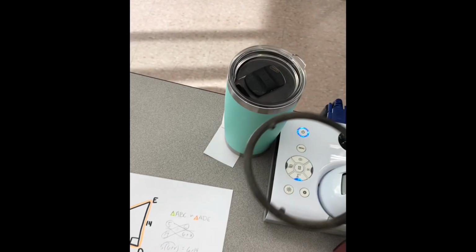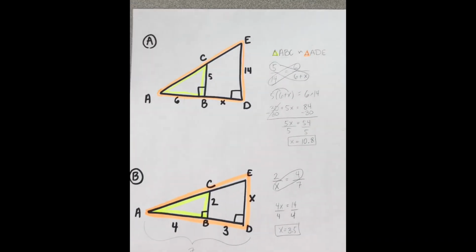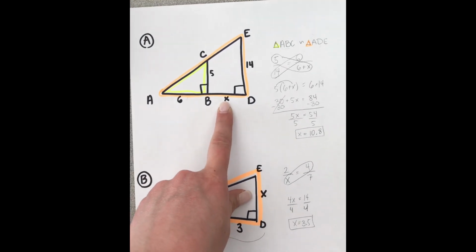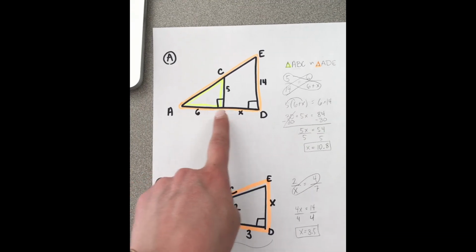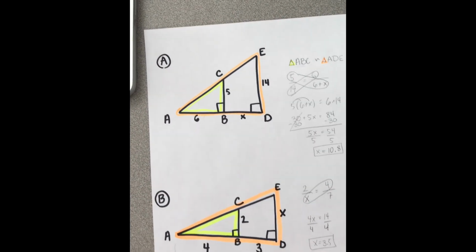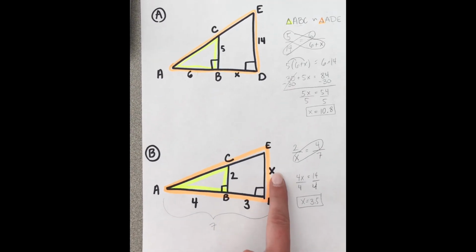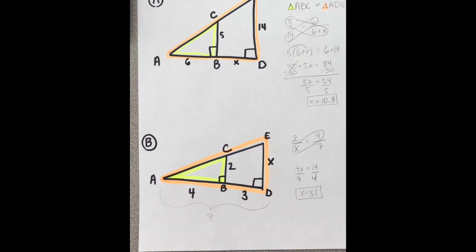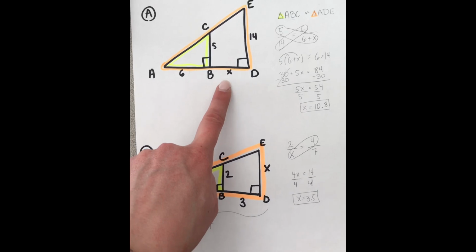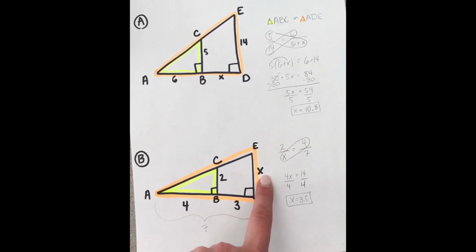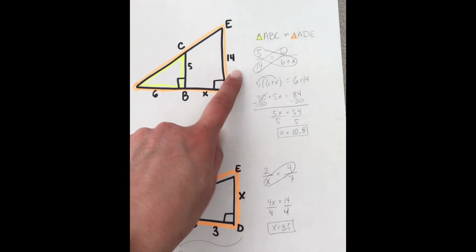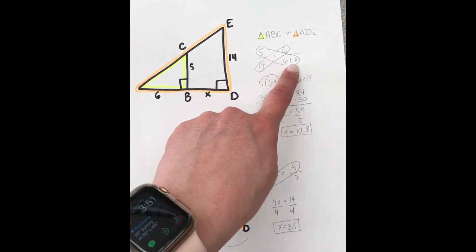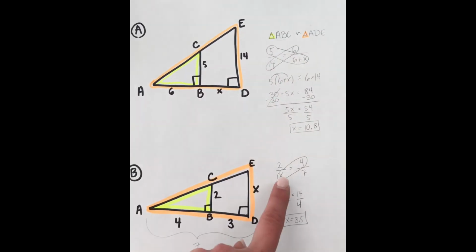Get my ring stand out of the way. In this first problem, the variable we were solving for was only a piece of the bottom side of the big triangle. In the second problem, the x was its own side of the larger triangle. So here, it's a piece. Here, it's the whole thing. So notice that slightly affects how we set up our ratio. We had to add things together to get a full side length. Here,